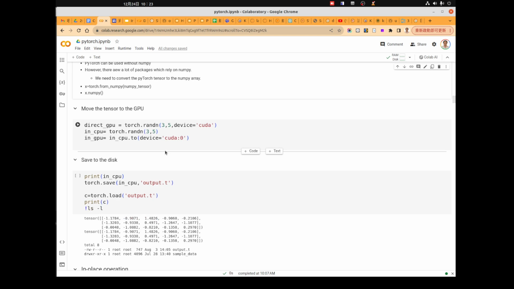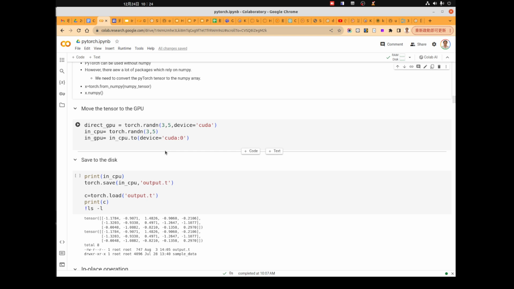So the next thing is a very important topic. In many cases we want to move the tensor into the GPU so that we can use the GPU to do the calculations. The tensors here include some models, so your CNN model or your NLP models, and the data samples.